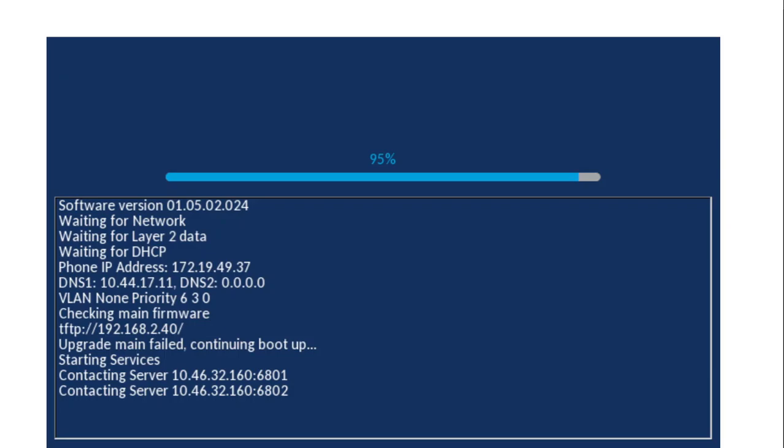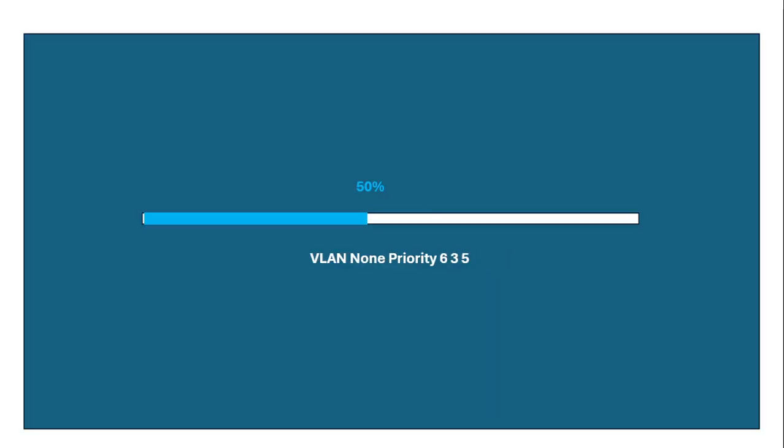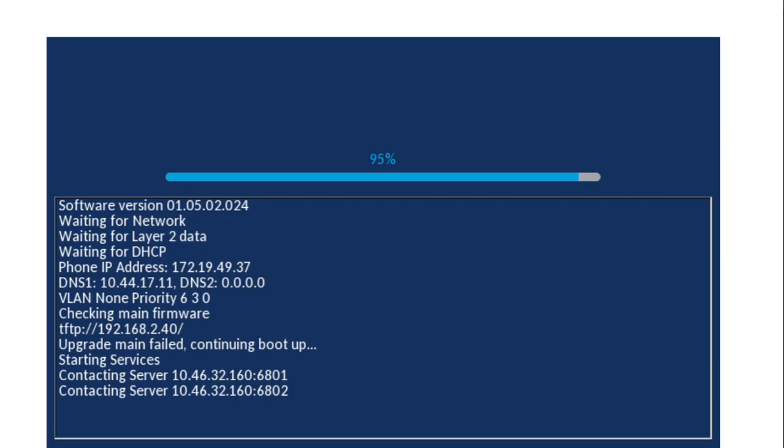If you press the red button on the phone, which is the hang up key or the reject key, it will then go into what we call the debug mode, where instead of showing you percentages and information in this format, it's going to show you in a listed format. It's going to show you the steps that it is going through,